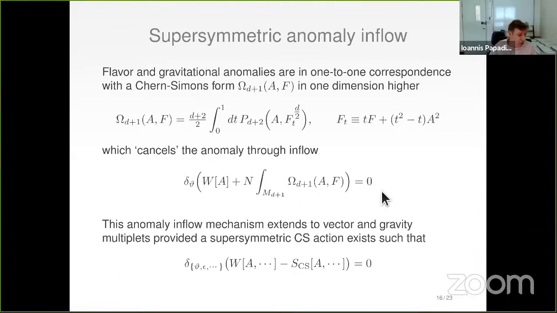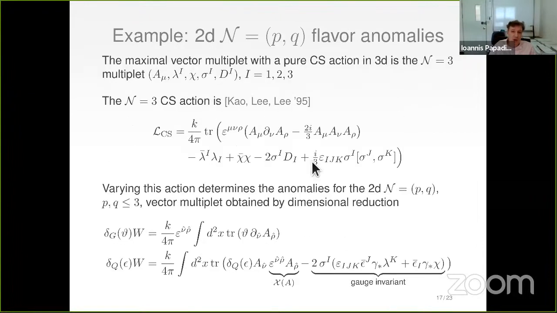So the question is now, does this generalize to supersymmetric cases? And the answer is it depends. It depends on the particular multiplet. And if there exists a supersymmetric Chern-Simons action, then indeed this is the case. So in particular, the supersymmetry and the gauge variation of these Chern-Simons terms produce the corresponding anomalies of the effective action. So a concrete example of that is in 2 dimensions, for example,